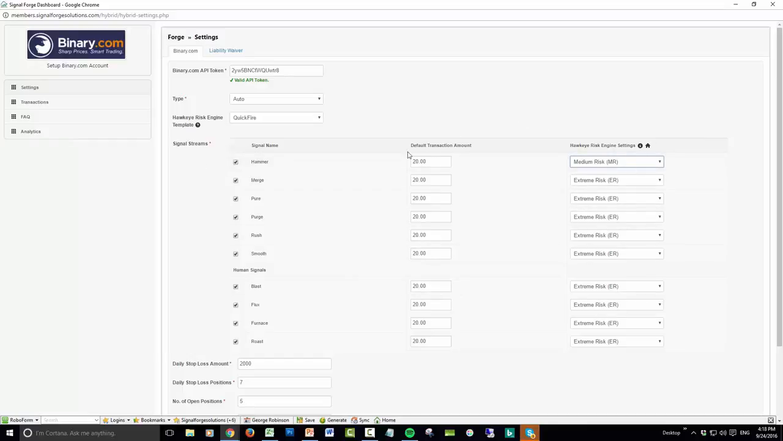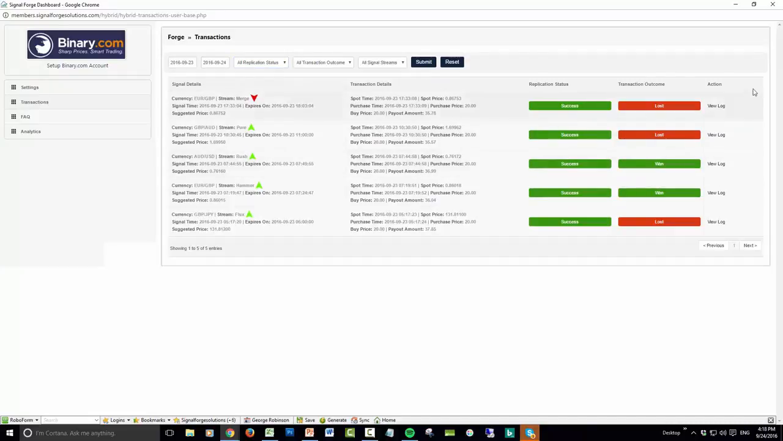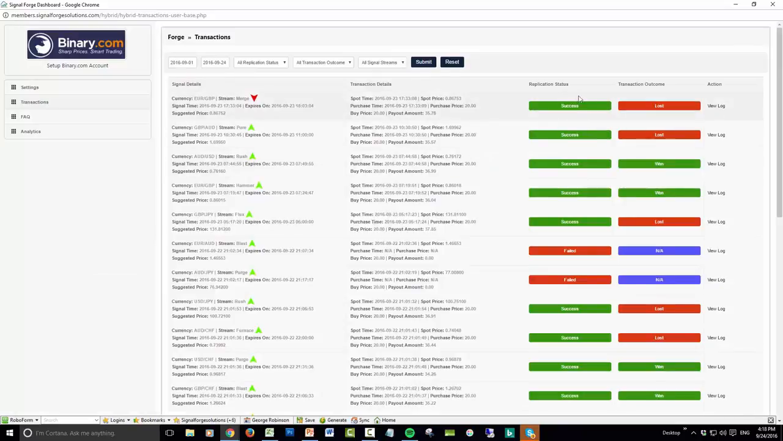But to test that and to troubleshoot a lot of the other parts of it, if you come over here to transactions, type in a date, whatever date you're trying to look at, you can select by success or failed. Just leave it on all signal streams, click submit, and you'll see over here the replication status: success. If I take that back to, say, the 1st of September, down here you can see there's a failed one. So it was the euro US dollar, that's the information on the trade, but it failed. Why did it fail? Well, if we click on view log,